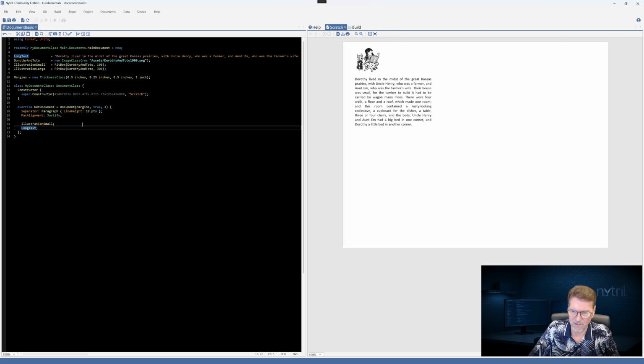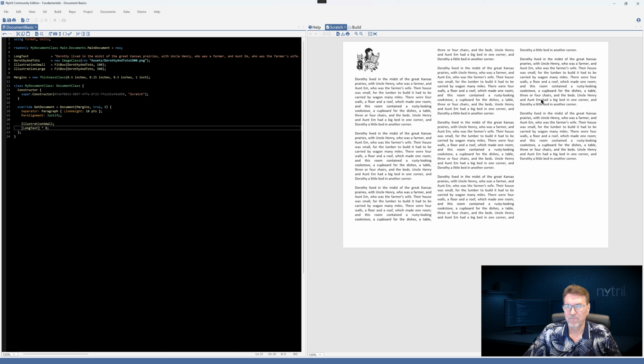So what it'll do here is it'll create 20. I don't want to do 20. Let's just do 8. It'll make 8 paragraphs out of long text, and it'll apply these formatting characteristics to each one. So let's press F5. And there we go. We've got our 3 columns and our 8 paragraphs.